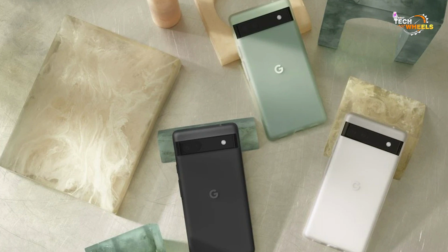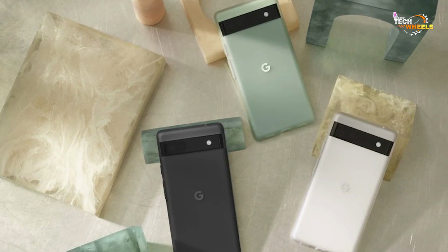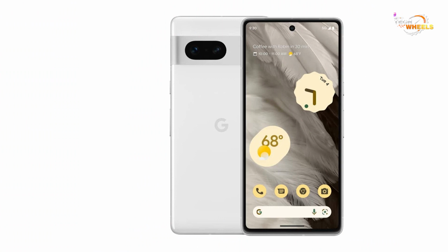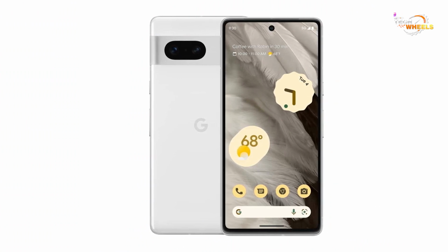Google has always been known for its software, and the Pixel 7a is no exception. Well, the smartphone is expected to come with Android 13 out of the box, providing users with a clean and straightforward user interface. Additionally, the Pixel 7a is expected to support 5-watt wireless charging, providing users with a hassle-free charging